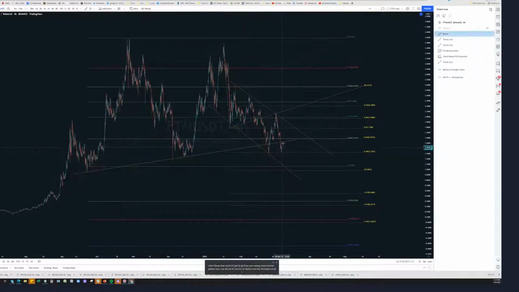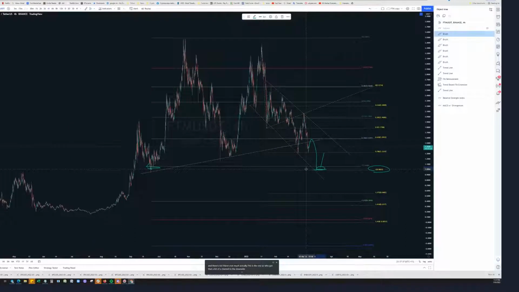Sorry. Down to this level. That'll be a good spot to buy. Got the fib extension, previous support, and then it'll be a good entry. Will it hold? Maybe so. But yeah. So what we have,